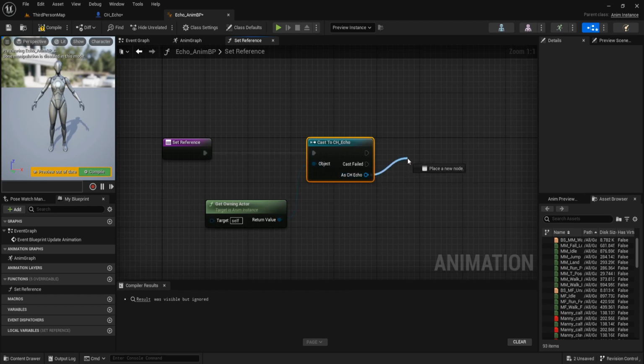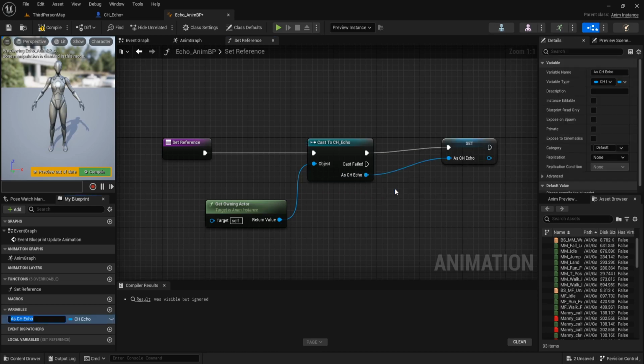Then right click on C8 Echo, promote to variable and name it Echo character.